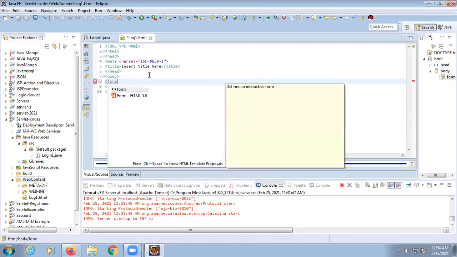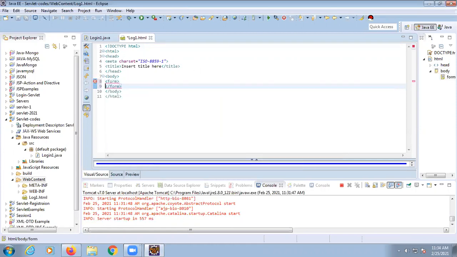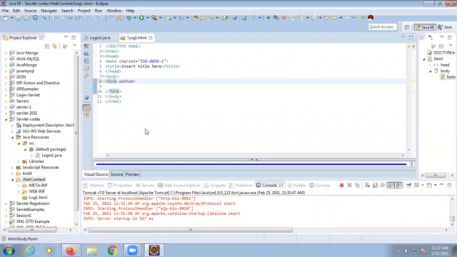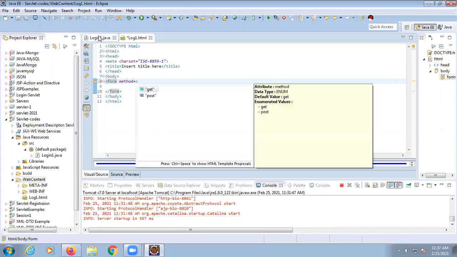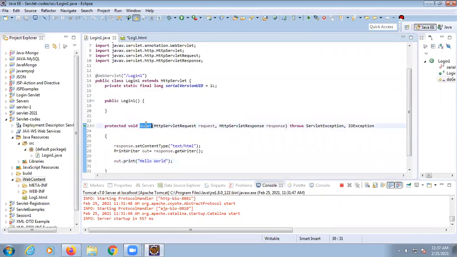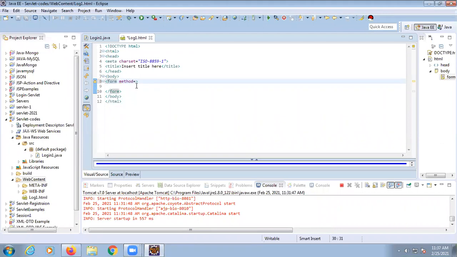So use a form tag here. Under the form tag, give method equal to get, as we have used doGet here, so we have to use method equal to get, and then you have to use an action here, action equal to the name of this servlet file.